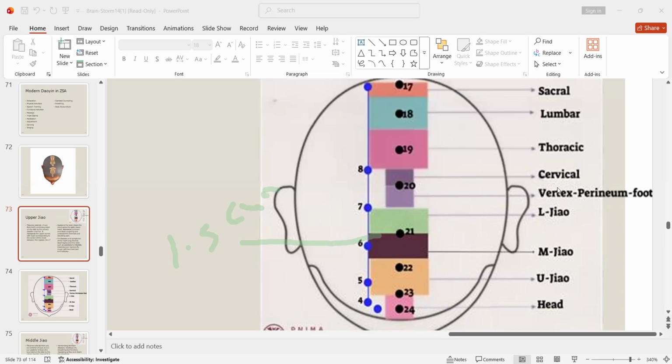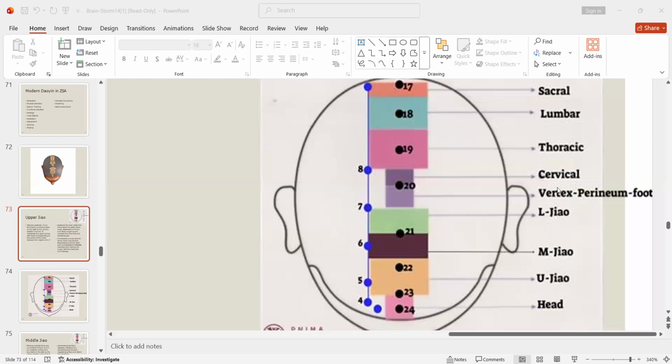And this area is 1.5 chun. It is used for treating all types of abdominal problems, upper abdominal and lower abdominal. In this, liver problems, then duodenal ulcer, all types of ulcer, then all types of intestine problems are treated with this area,